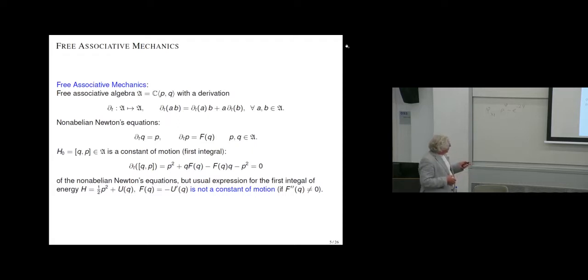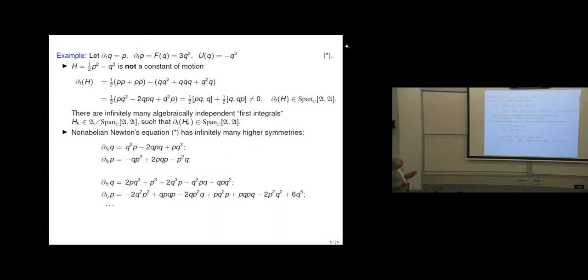But before that, let's say a few words about the properties of these equations. First of all, whether we have first integrals. And the answer is yes, we do have first integrals. For instance, H0, which is the commutator of P and Q: if you differentiate, using the Leibniz rule and linearity, you will see it's 0. So that is a first integral. But if you take the former Hamiltonian, and U is not quadratic in Q, then the result does not give you 0, but gives you some polynomial. This polynomial lives in the span of commutators of the pre-algebra itself. It's not an ideal, it's a linear space.